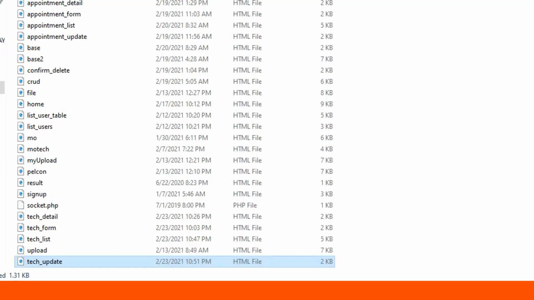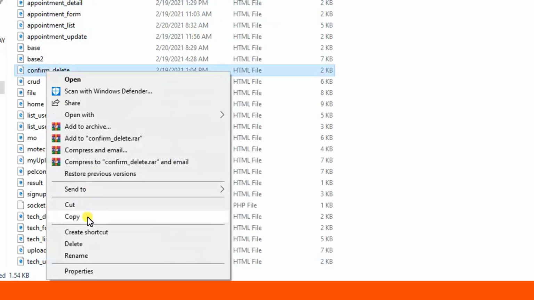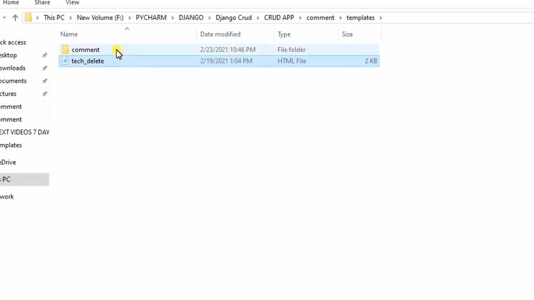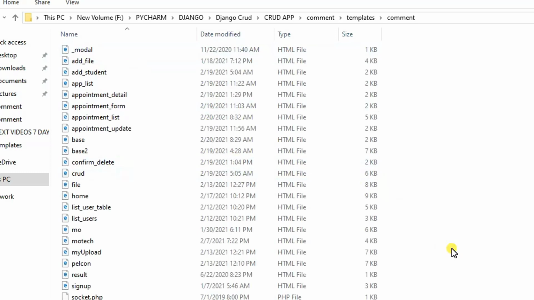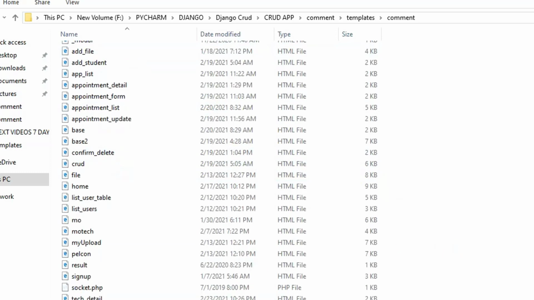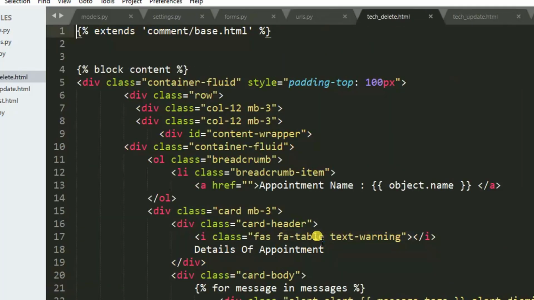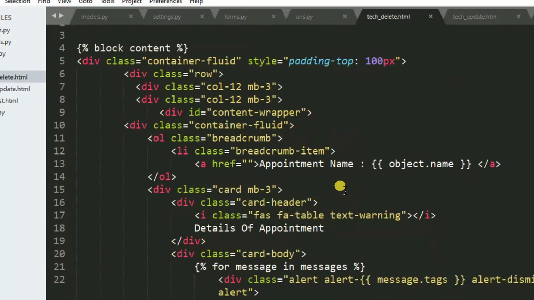Then let me go to my HTML page, confirm delete. I just copy this, I paste it here, I rename it into tech delete. I cut it, I paste it in, open. So here is